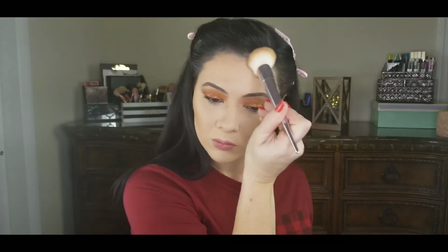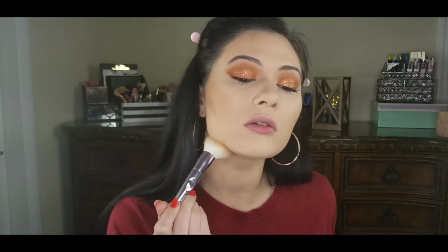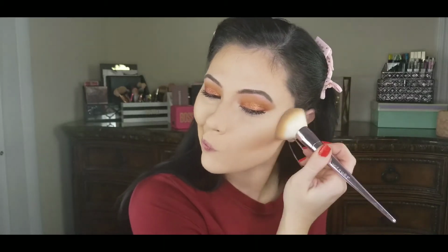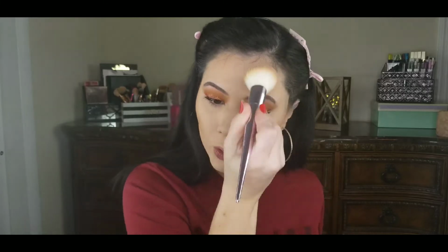Just going to work that right here. Put some up here, same drill. Put some down here. That covered up my acne pretty good, I guess. So we're just working and working. There we go. And then for blush, one of the best sellers, of course, was Tarte Amazonian Clay 12-Hour Blush